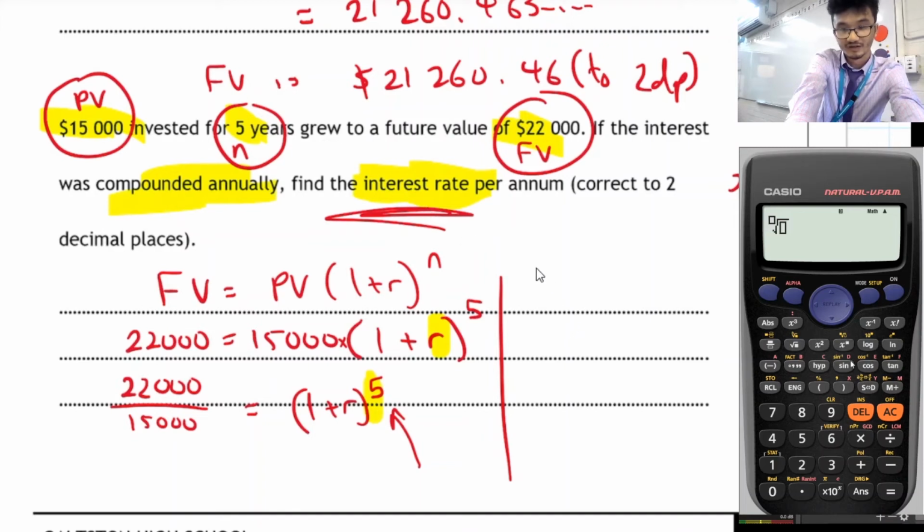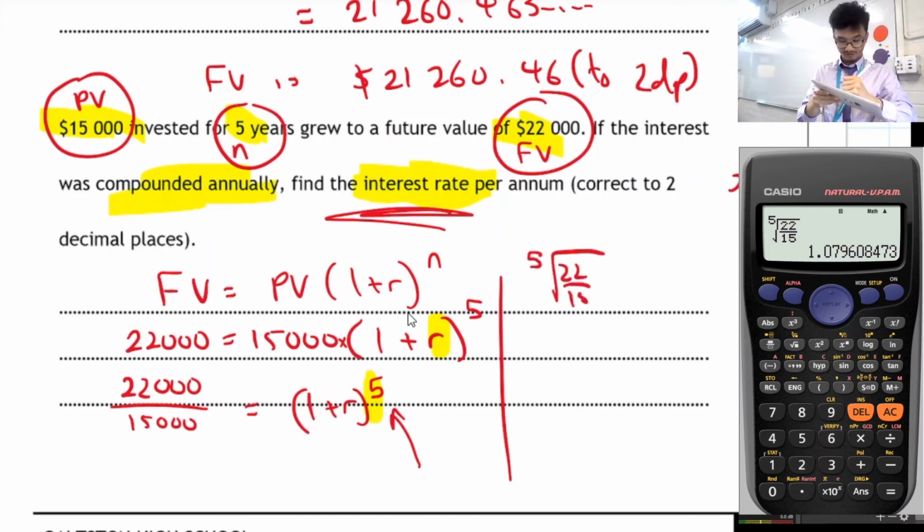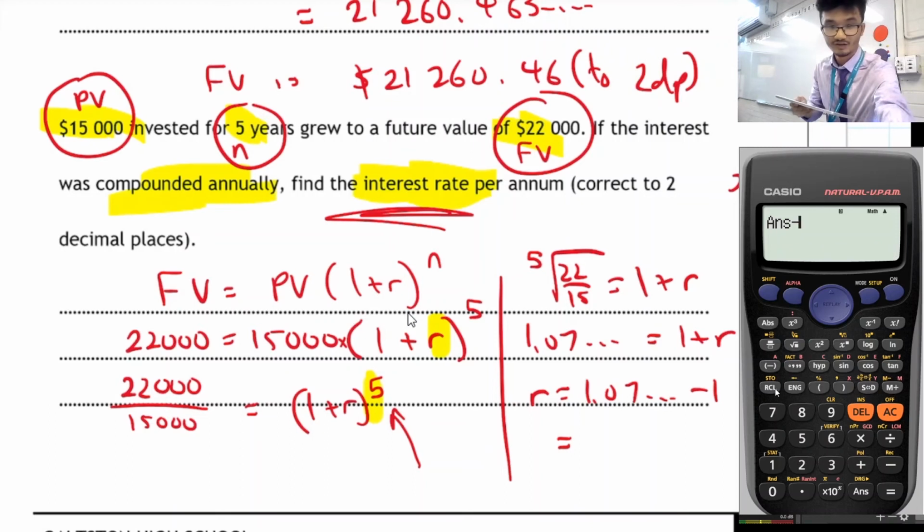oh, the mouse is a bit funky, but that's okay. We want the fifth root of 22 over 15. Cool. And that gives us roughly 1.07 something. So I'll write that out as well over here. So I'm going to get the fifth root of 22 on 15 is equal to 1 plus r. And then again, we want to find what r is equal to. So just using equations, you can take away 1 from both sides. So we're going to get something like this. And we'll just take away 1 there. And we've got this answer of